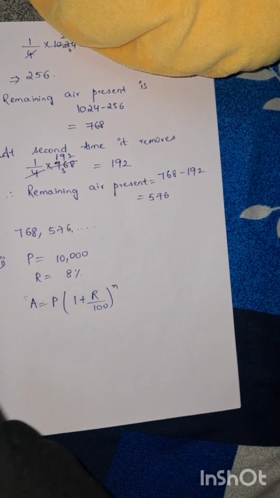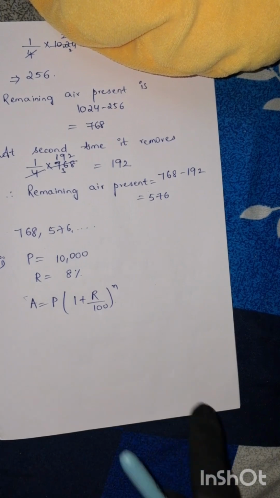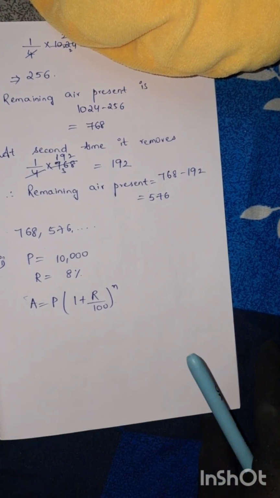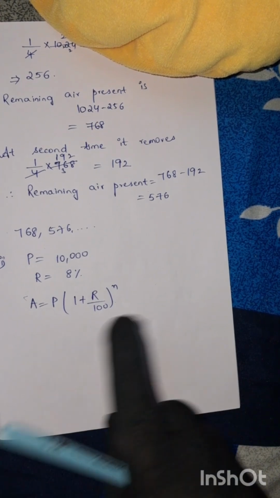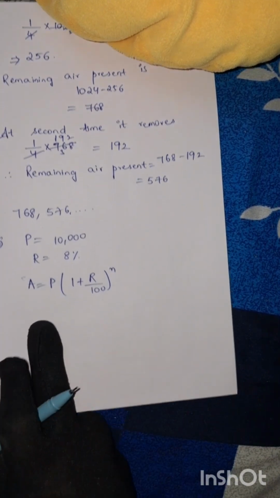So this is the formula for the first year, for the second year, for the third year. You have to do it three times, and then you have to find the common difference. If the common difference is equal, then it is an AP. If the common difference is not equal, then it is not an arithmetic progression. So I'll show you one, you try the rest.